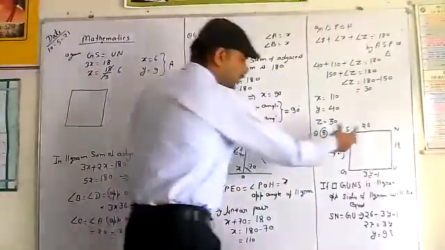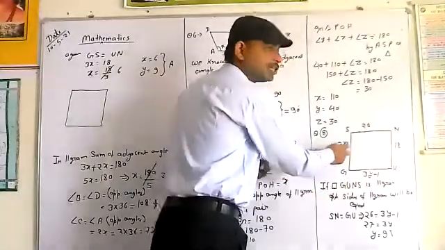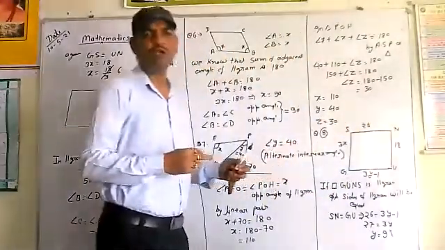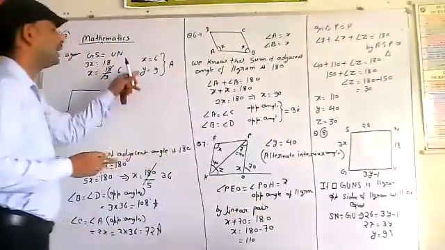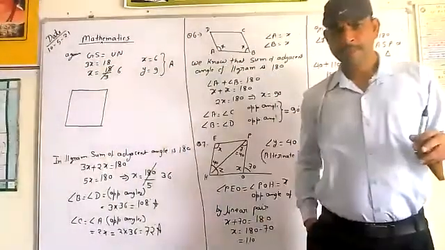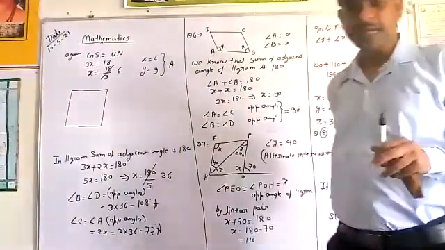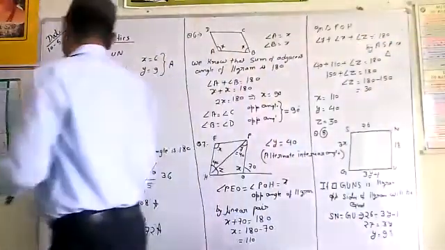So this 26 is equal to 3y minus 1 and 3x is equal to 18. These two are opposite sides. So here y is equal to 9 and x equal to 6. Is that clear? Okay. Now next one is a parallelogram RUNS. This is